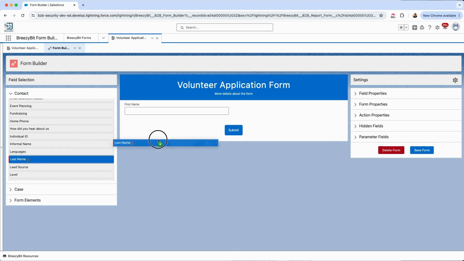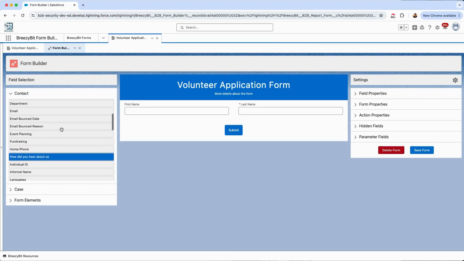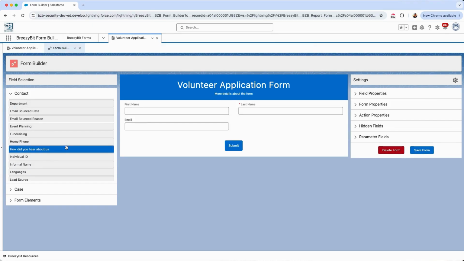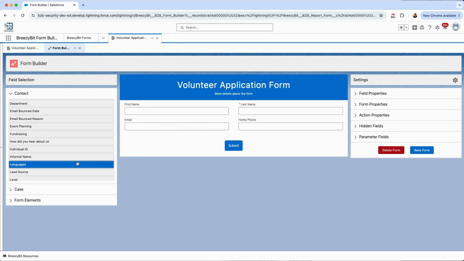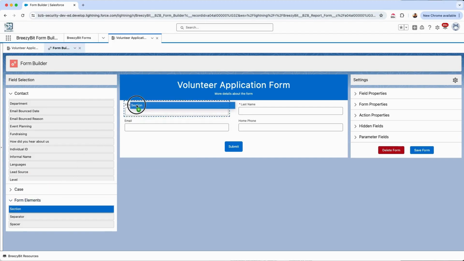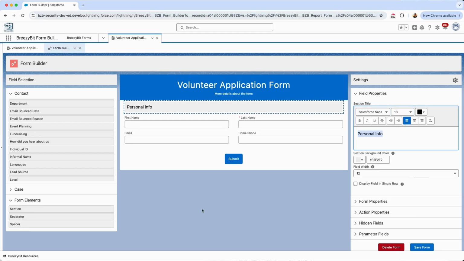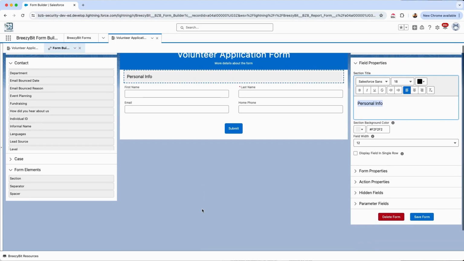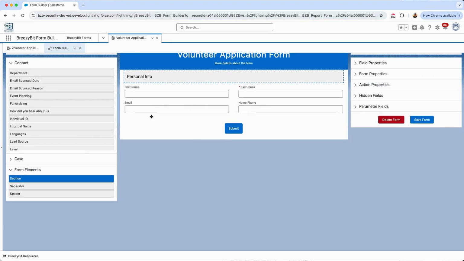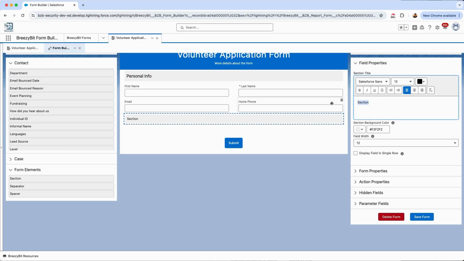First name, last name, email address, we can add a phone number as well, and we want them to be more organized, so we want to add a section for these fields, and let's say these are going to be under the personal info section, and then let's add another section, this time more for volunteer information, and let's call it volunteer info, make